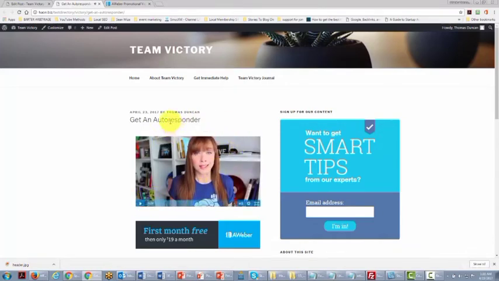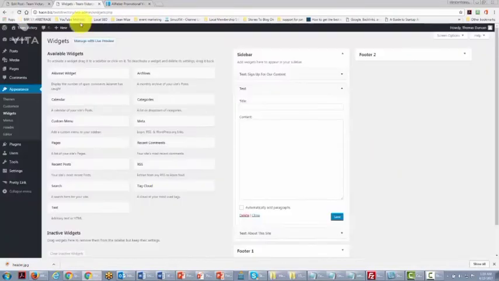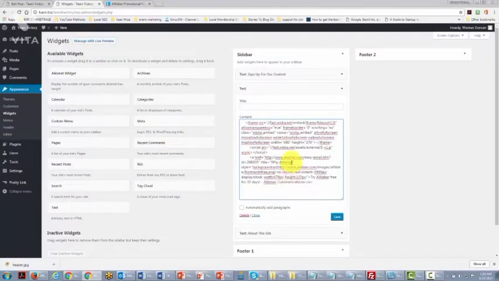So this is a great way of being able to set up your affiliate opportunities inside of a post. Now, one of the other things that we can do is the very same thing that we did with our autoresponder code: we can put code in our widgets so that it will appear on all of our pages. In order to do that, all we need to do is go back to this area and find our widgets. Then we can take another text box, and all we've got to do is put our code in this area again. We'll click Save, Close,